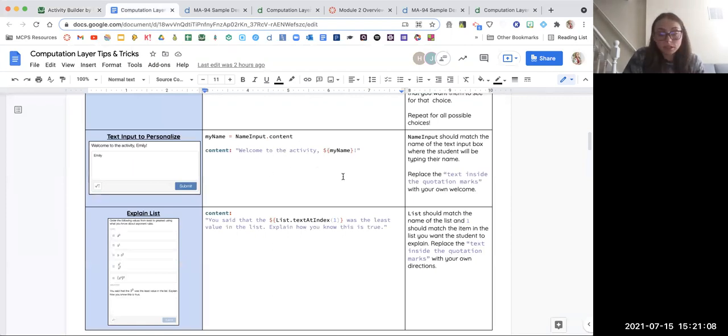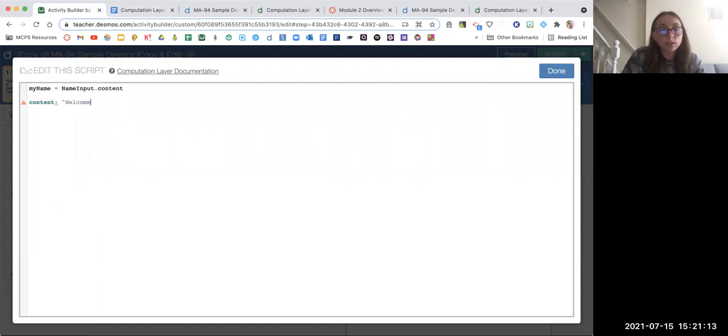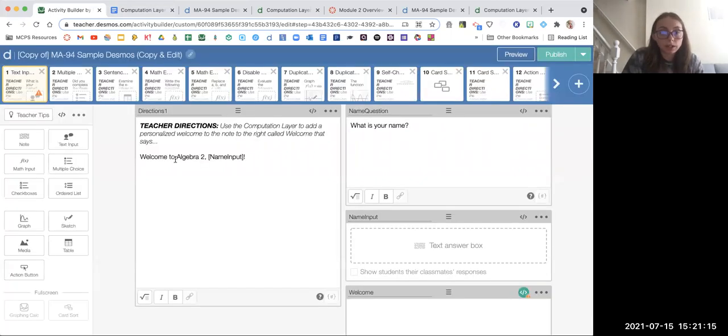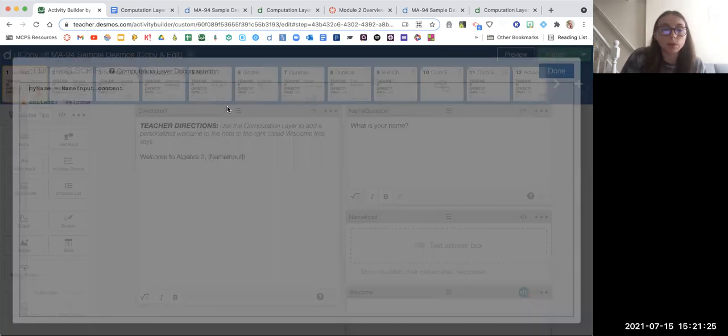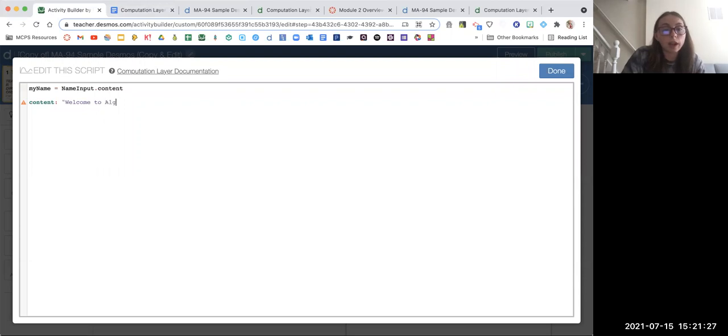And then I need to make sure this is in quotes because I want it to say, welcome. Well, actually, let me double check. What did I want it to say? Welcome to Algebra 2. So if I click done when I'm in the middle, it's fine. It doesn't mess anything up, but you can tell I'm not done because I have this exclamation point. I didn't finish putting what needed to go in the content. So welcome to Algebra 2. And then